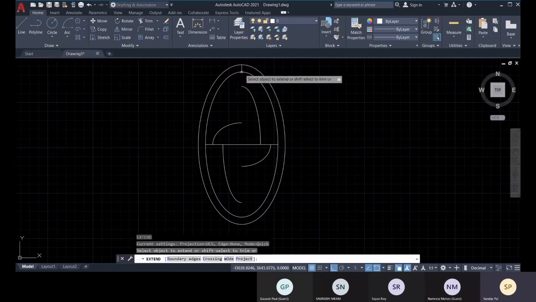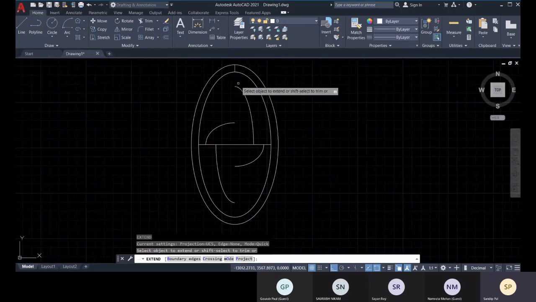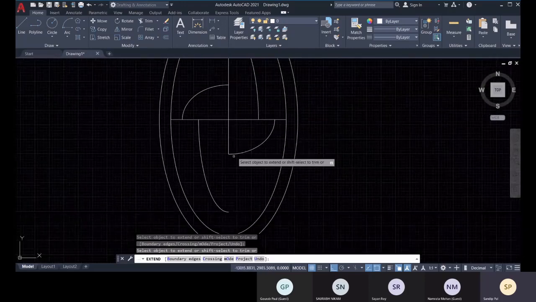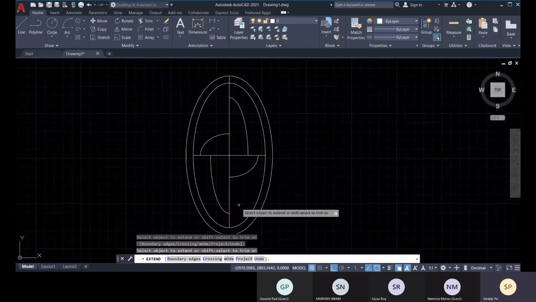You select it and it will be extended up to the closest boundary. So this is right now. Again you click, so it will extend up to this. Again you click, it will extend up to this. Okay,